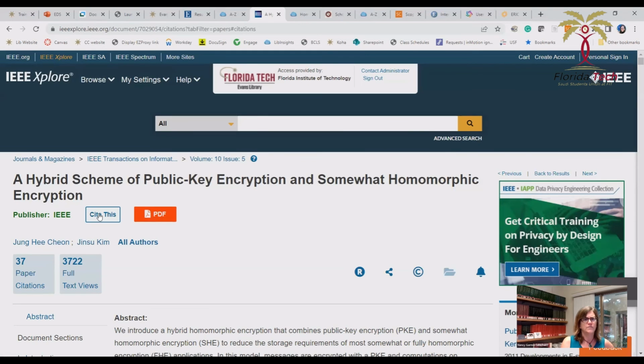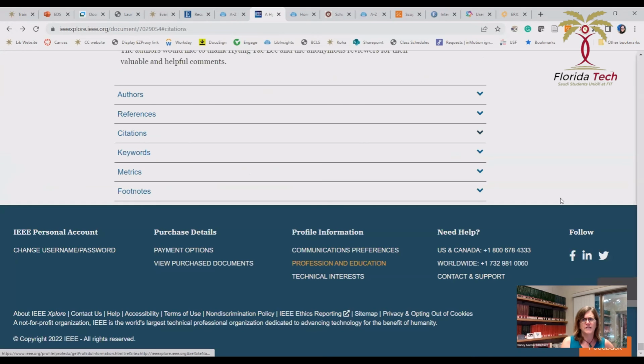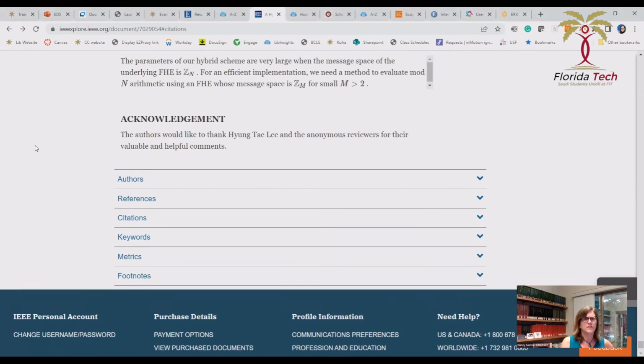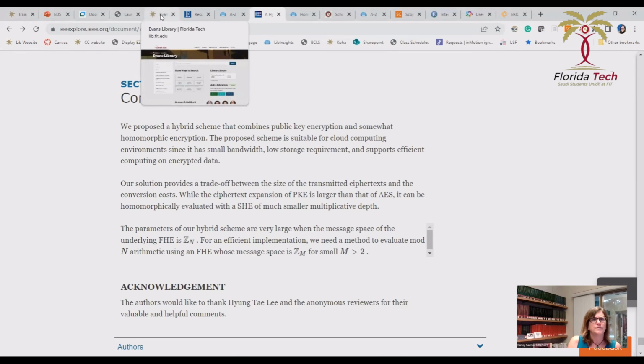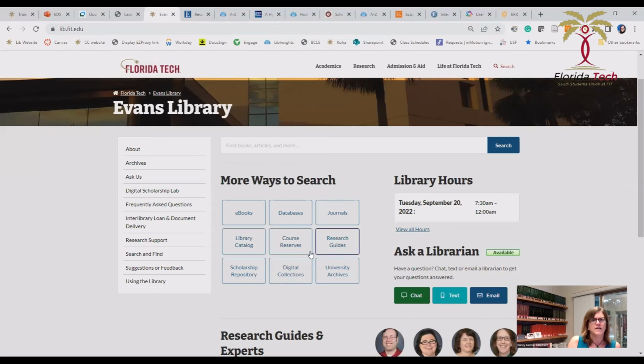And then you can use this here, cite this if you'd like. Does anyone use a citation manager, Mendeley or Zotero? No? Okay, it's a good way. It's a really good way to keep all your citations and references organized when you're writing your paper. I will just pop back to our research guides real quick, but